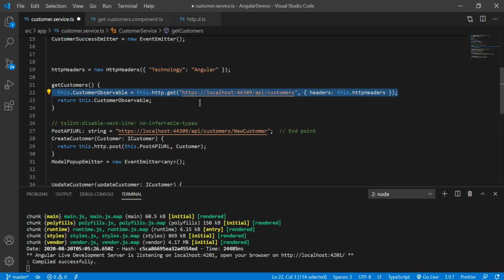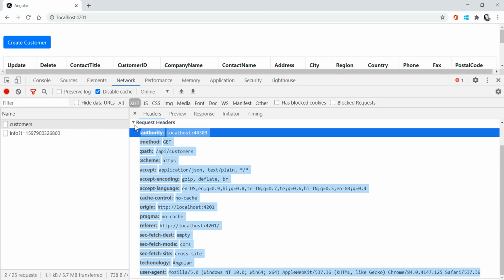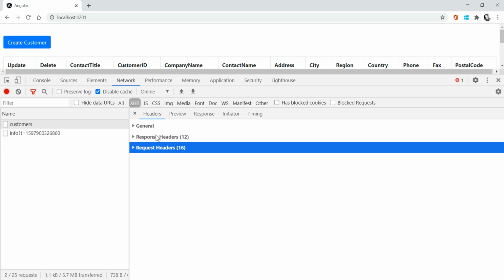Once you assign these HTTP headers to the header section, you can see your own custom header under the request headers section. Every request contains a request header and a response header. The response header shows the format in which you are expecting the data from the web server.